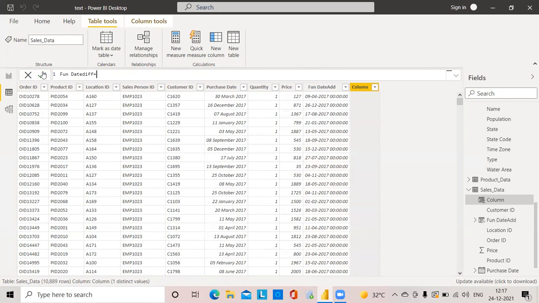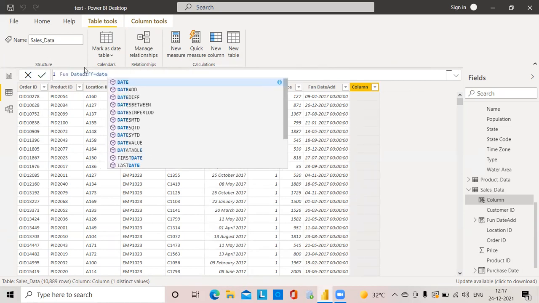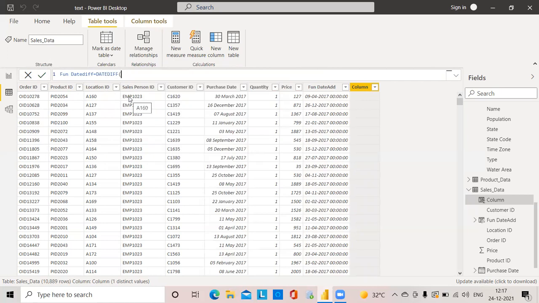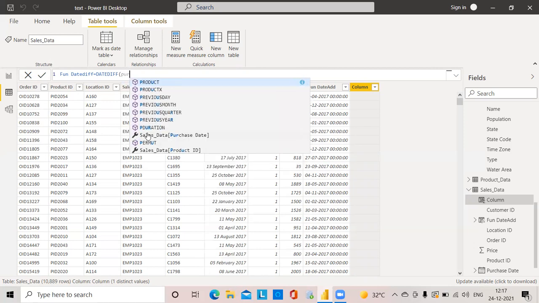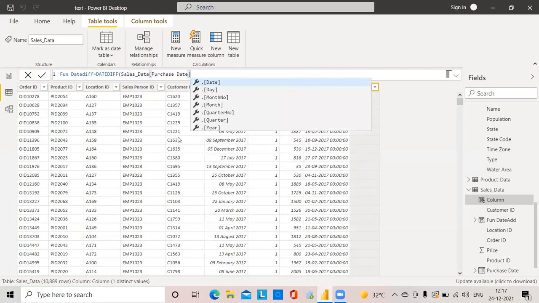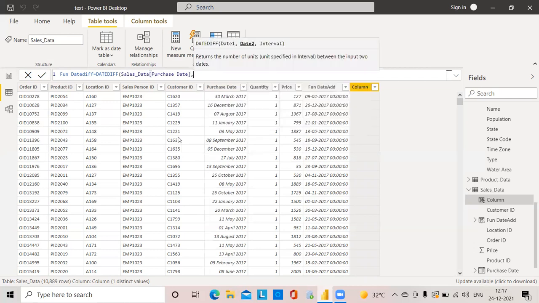So I will give date difference of, first the purchase date, comma, date 2. Date 2 is suppose the function date add. This date I will give, so we can find the difference between these two dates.